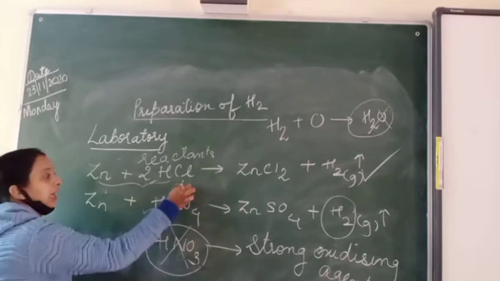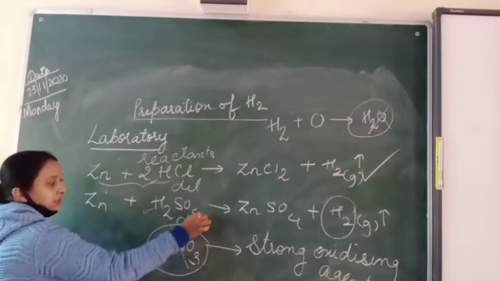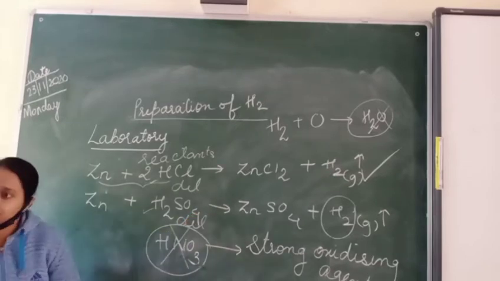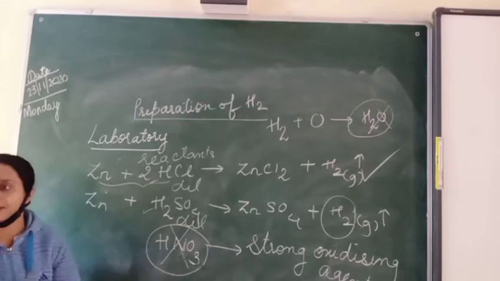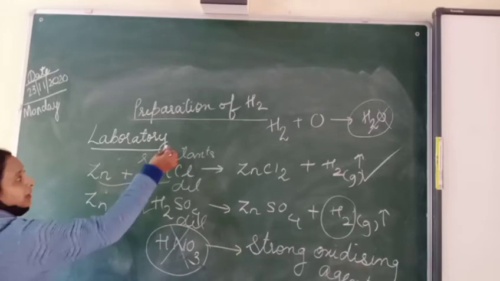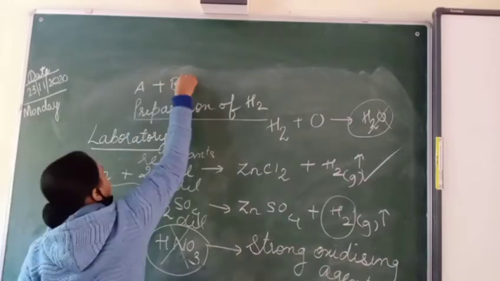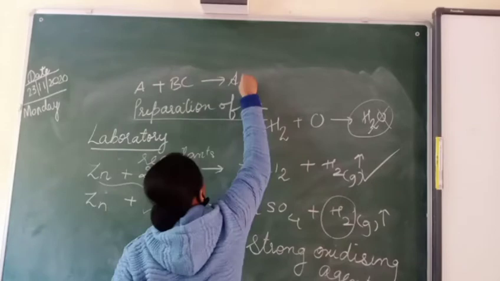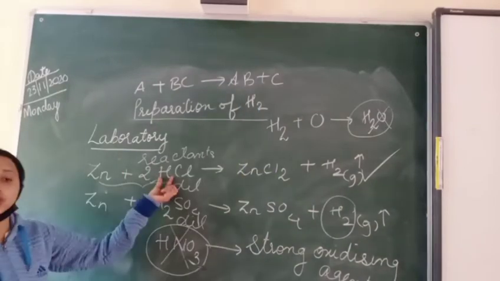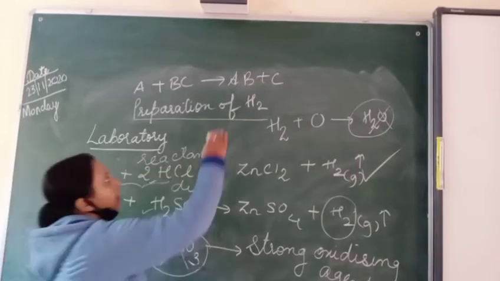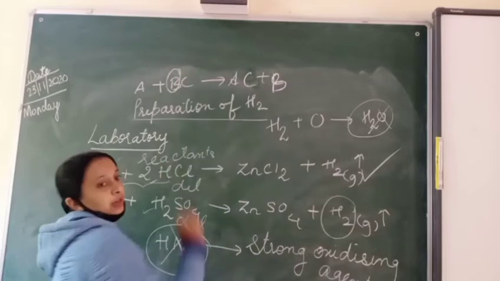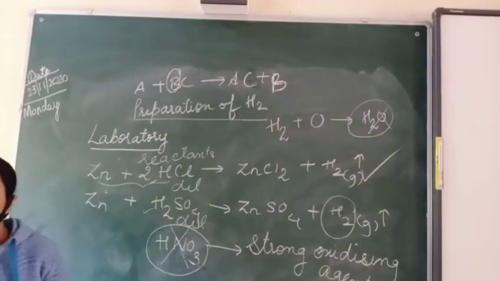Are you getting? Now this reaction is also a displacement reaction. Yes or no? Displacement हो रहा है ना? यहाँ पे क्या है? We have A plus BC which gives you AC plus B. मिल रहा है कि नहीं? B replace हो रहा है ना यहाँ से? Are you getting? So it is a single displacement reaction also. Okay. The second condition.